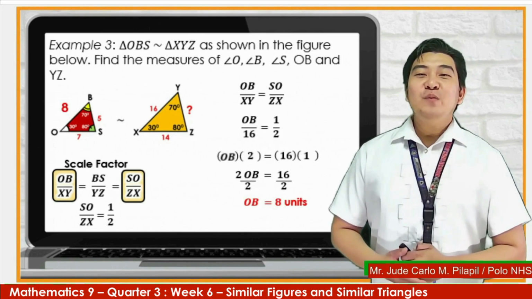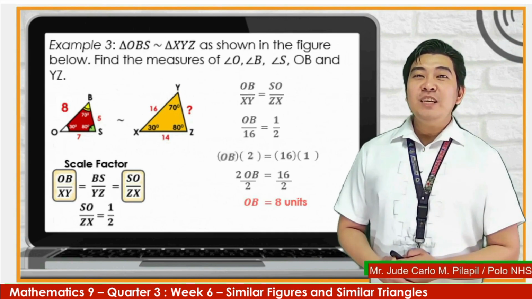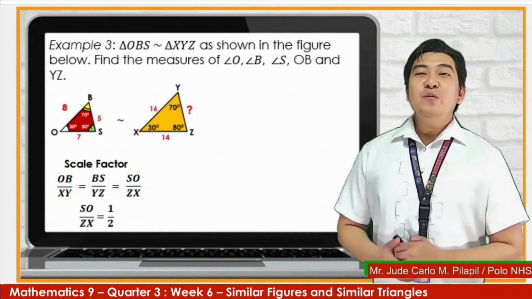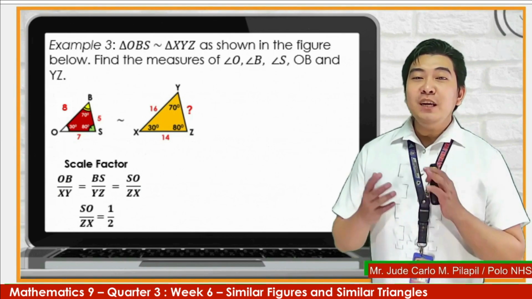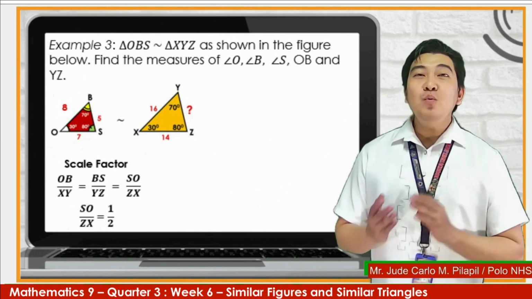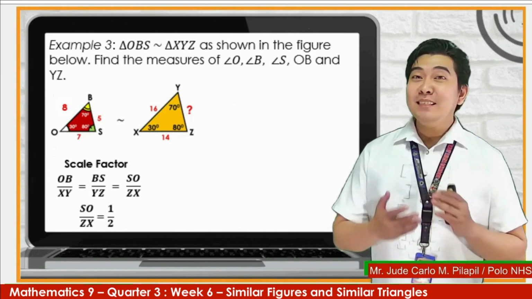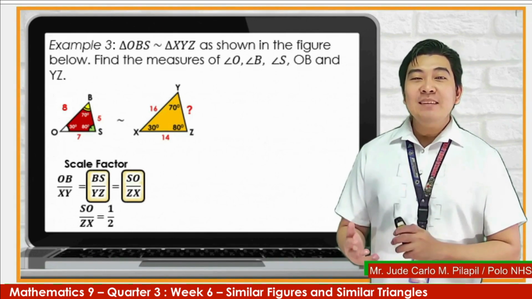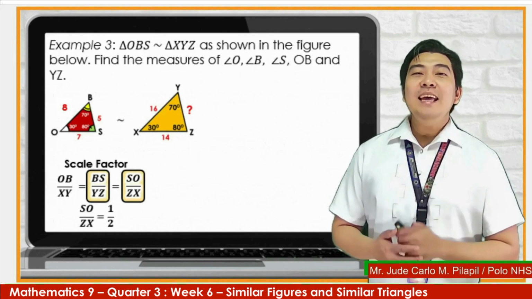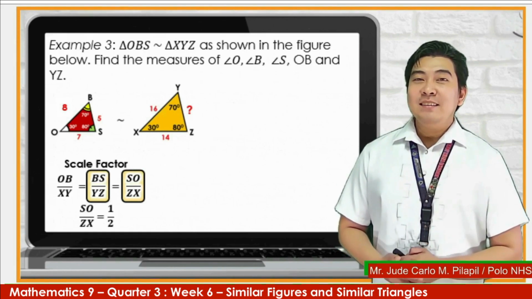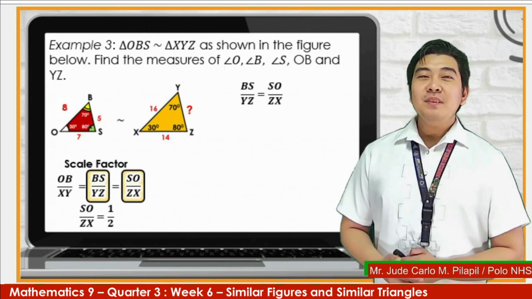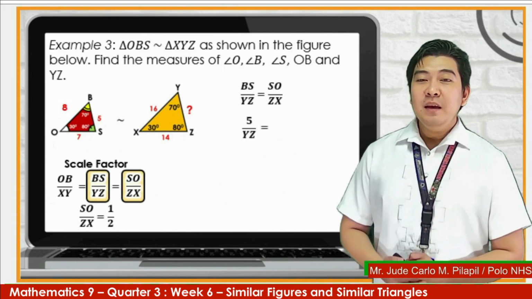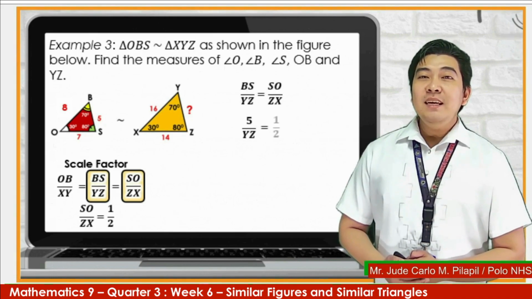Now, let us find the length of the last side, which is YZ. Again, we need to form a proportion using the ratio that has side YZ in it and the scale factor. So it will be the ratios BS over YZ and SO over ZX. Let us equate them. Substituting the lengths of the sides, we will obtain 5 over YZ is equal to the